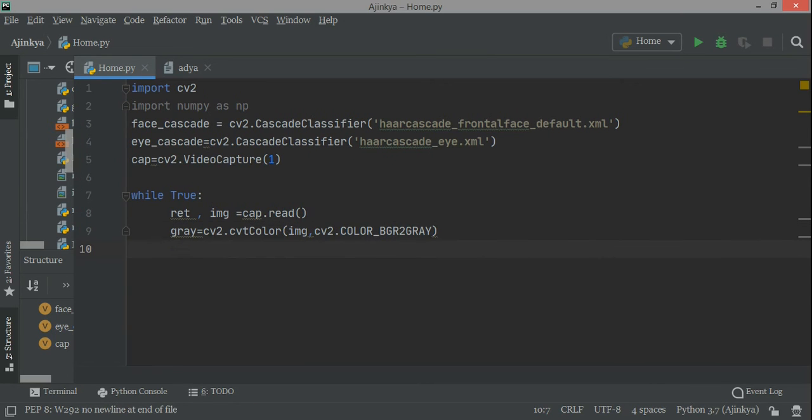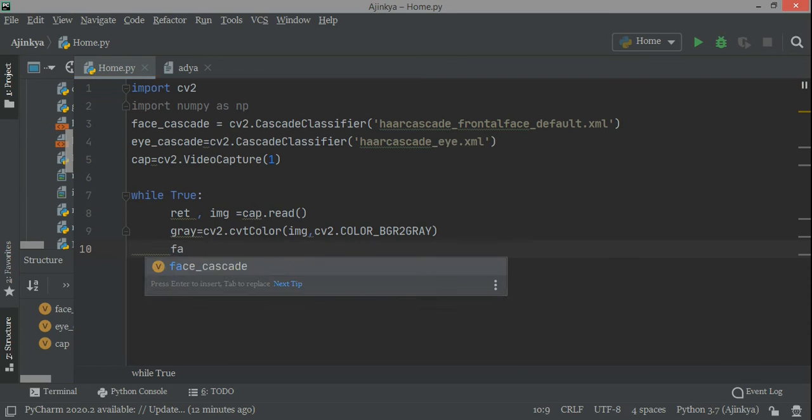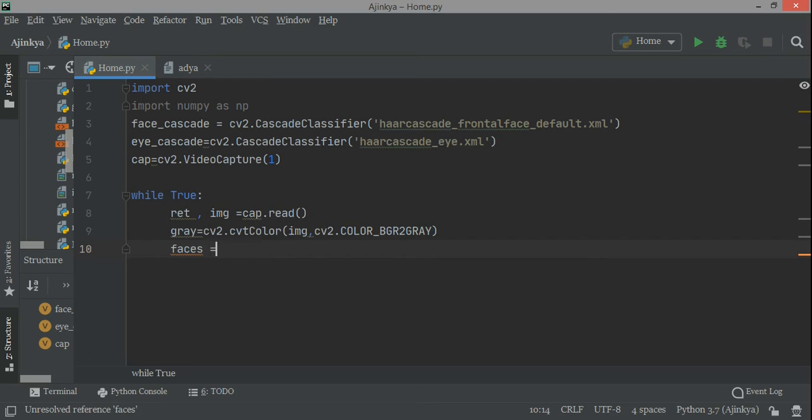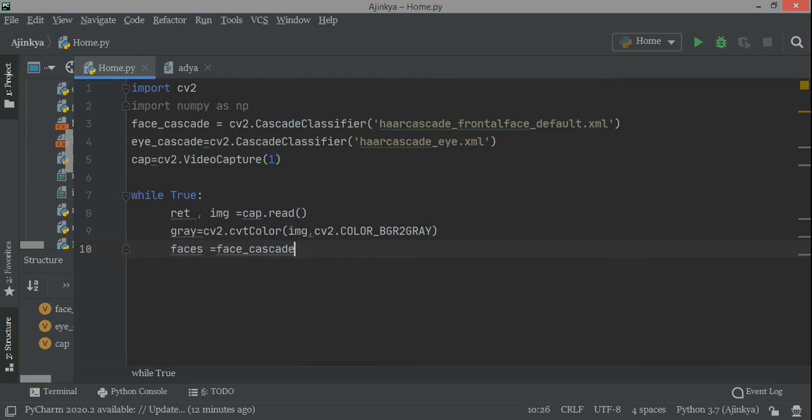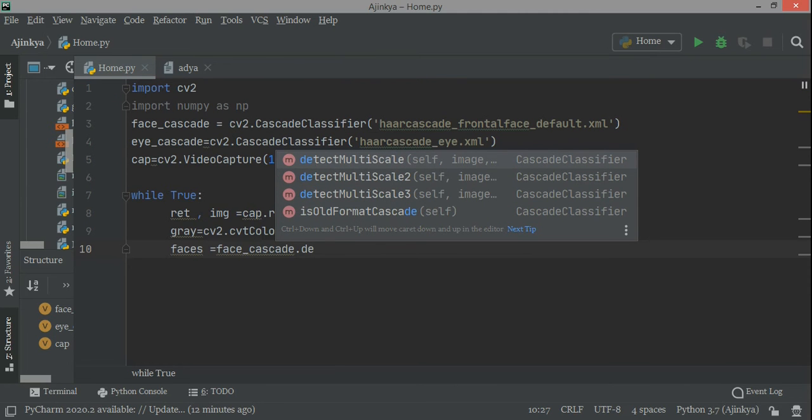So I have done this. The next one is faces equals face_cascade, the one from the third line from the top where I created the face cascade, dot detectMultiScale, and